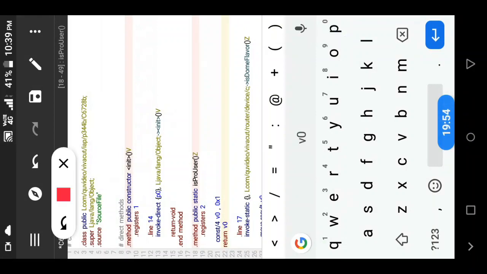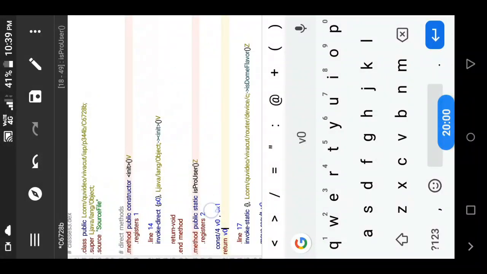So now what it will return is each pro user, it will always return to true. Here I have added 0 into 0x1, so it will always return to true.